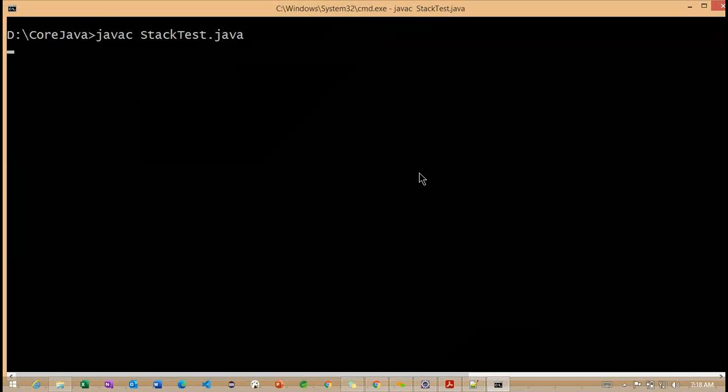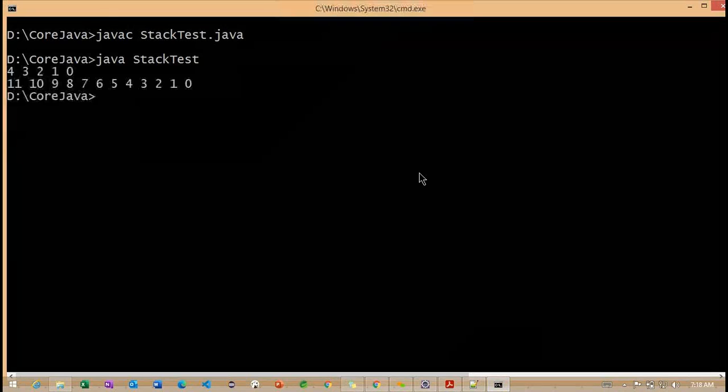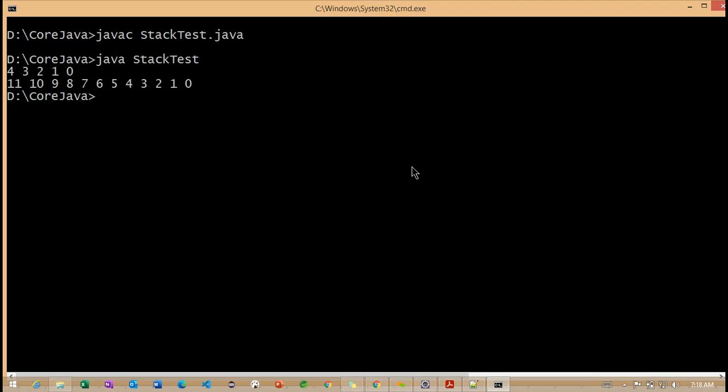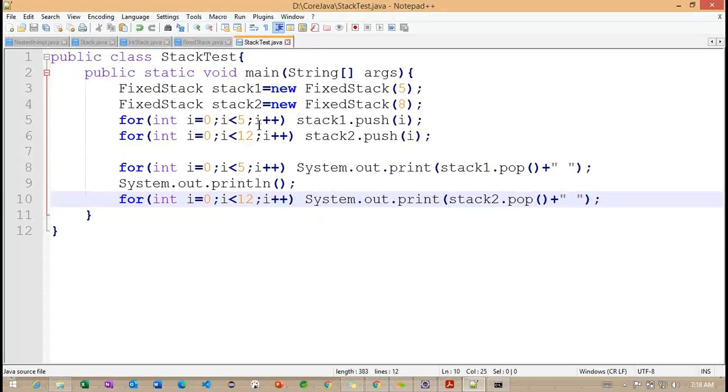Okay, now compile one more time into stack. Now you can observe we inserted the second object here. Now you can see up to 11, so 0 to 11. What is the condition we make? 12. But here you can check the size we made as 8 here. But the loop is repeating until 12 times here, 0 to 11. Getting the point.